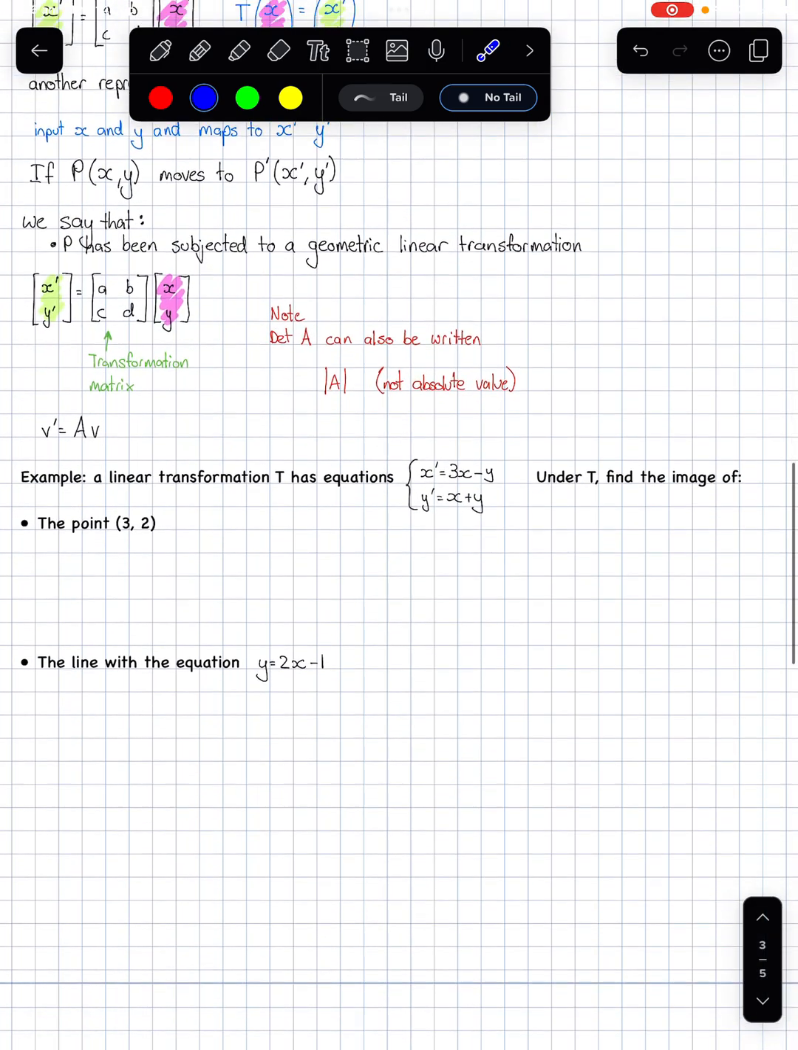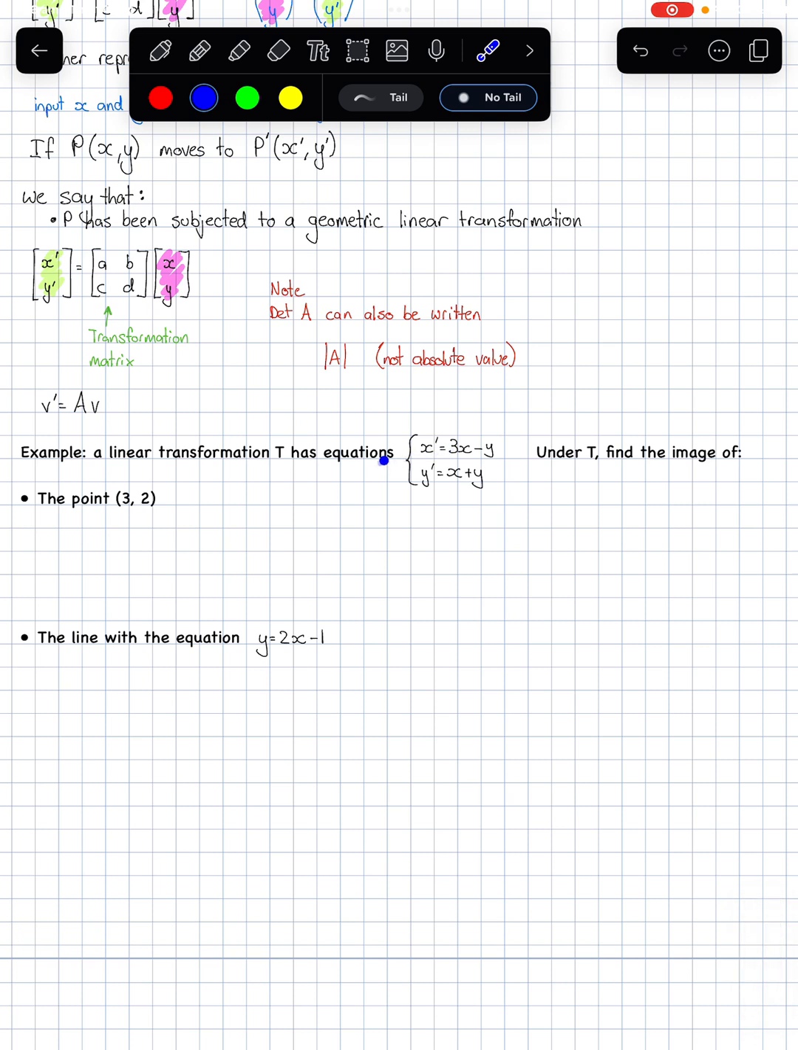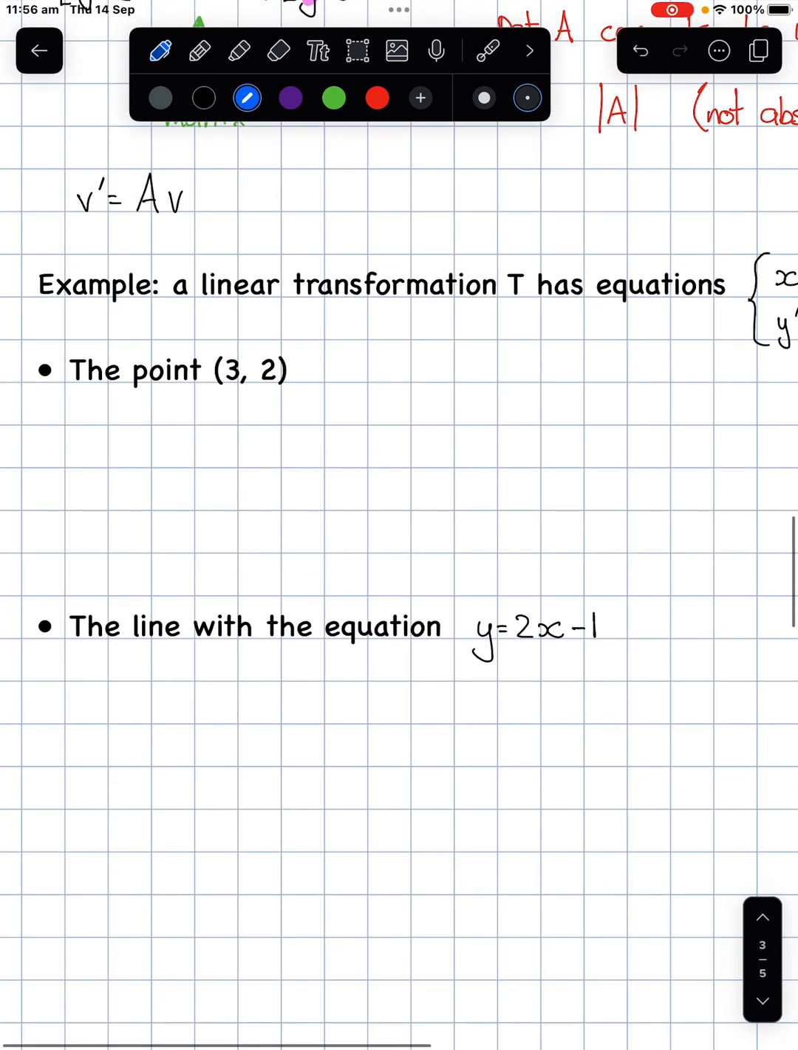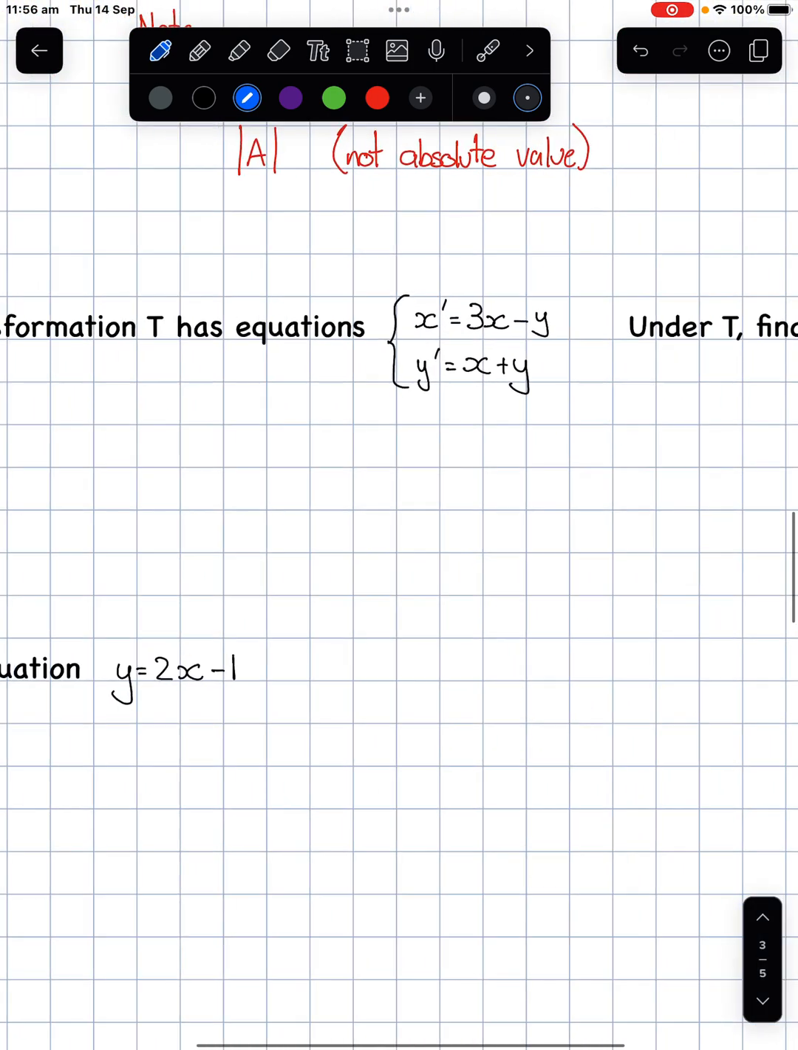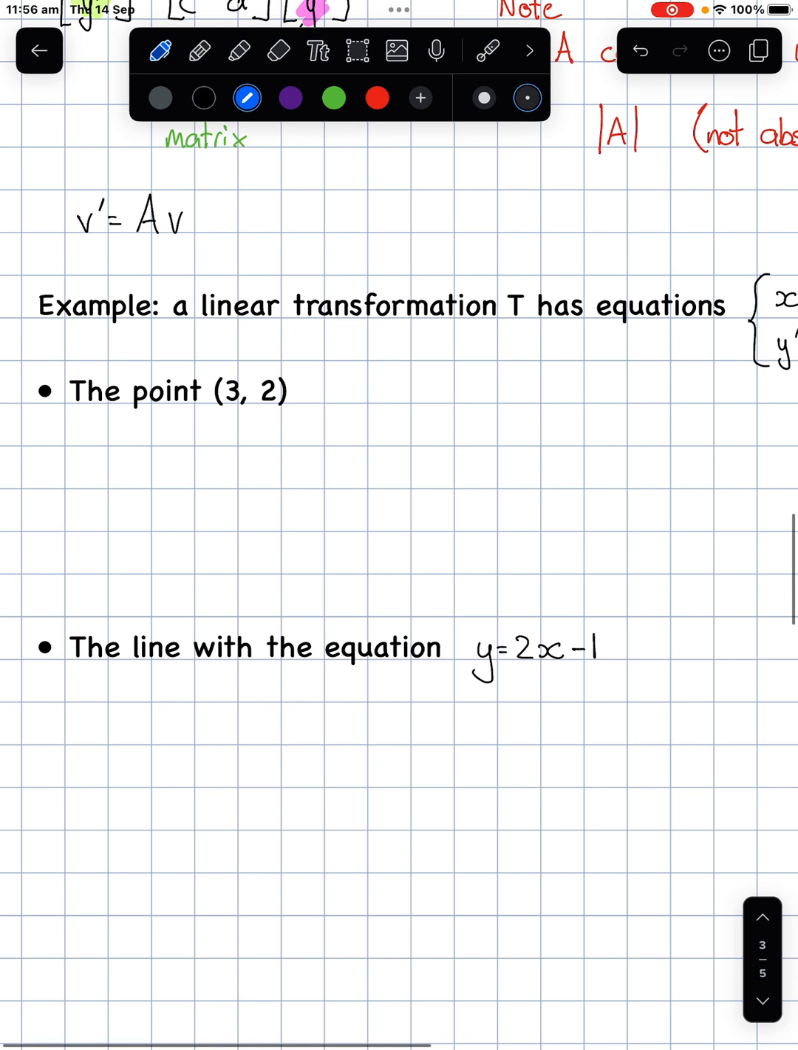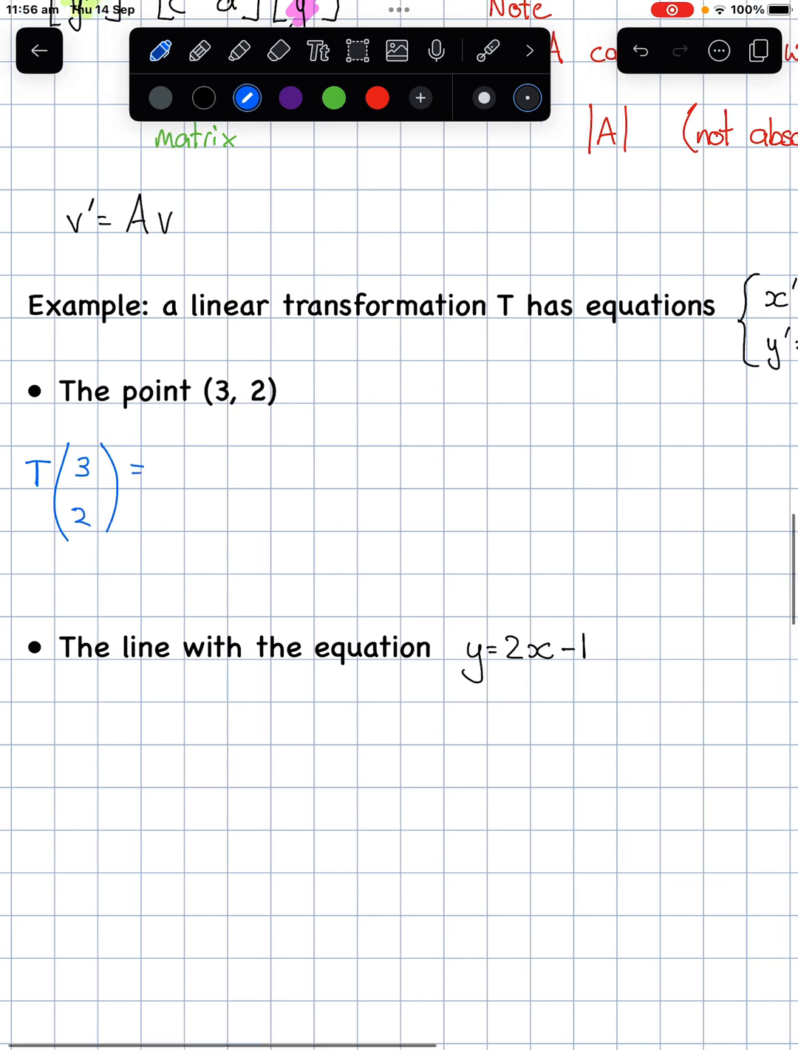So let's read up on our example. So a linear transformation T has these equations. Under T, find the image of the point and the line with the equation y equals tx. So the easiest way to do this, and let's have a go at this. If we were thinking back to this T value here, we would have T, and in here we're putting our x and our y. So that would be the point we're putting in here, and we would be getting out,